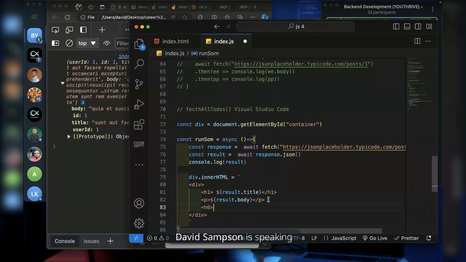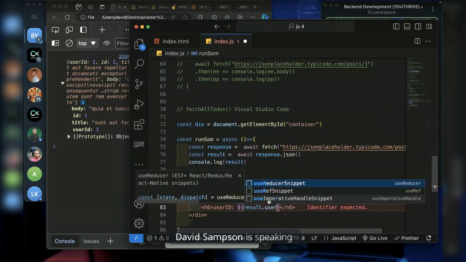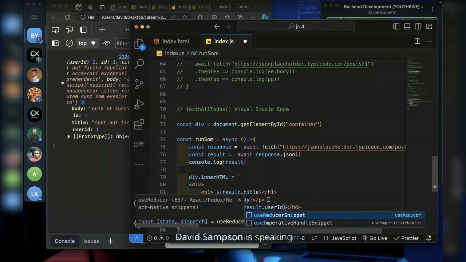Now I can go ahead and maybe add something like H6 here for the user ID. I say H6, close this H6, and then I can say user ID, then dollar curly braces result.userId, and save it.